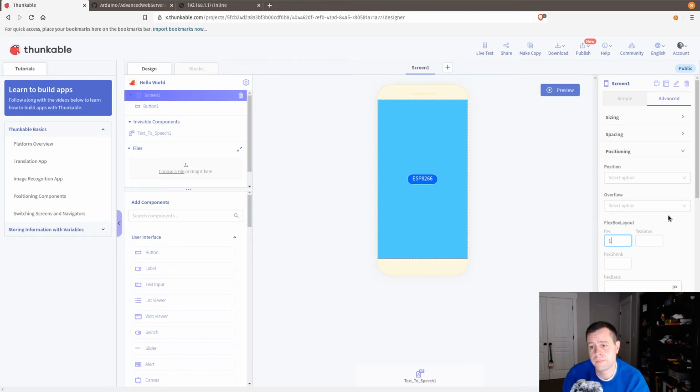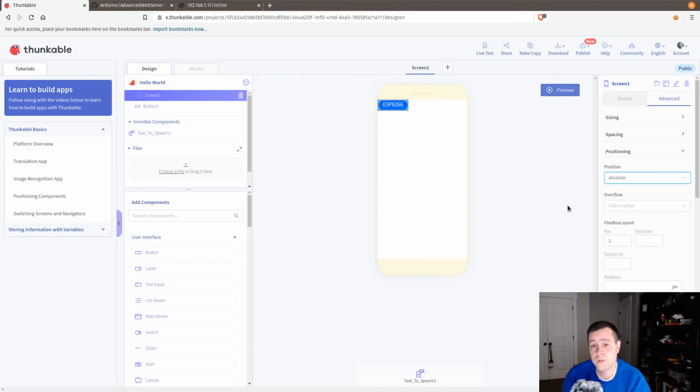Gotcha. Maybe we see relative. Now we can drag it around. No. This Flexbox stuff, I remember doing this with WPF when I was at Microsoft. The positioning sometimes is crazy. So, absolute. There we go. Now can I drag it around? No. No. Okay, relative. All right. Well,